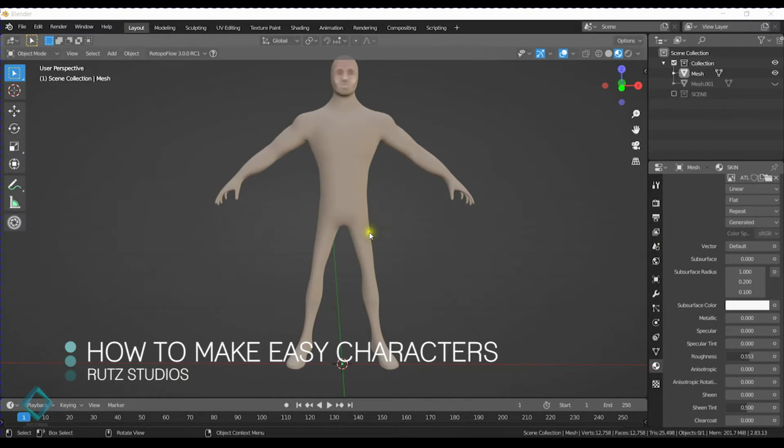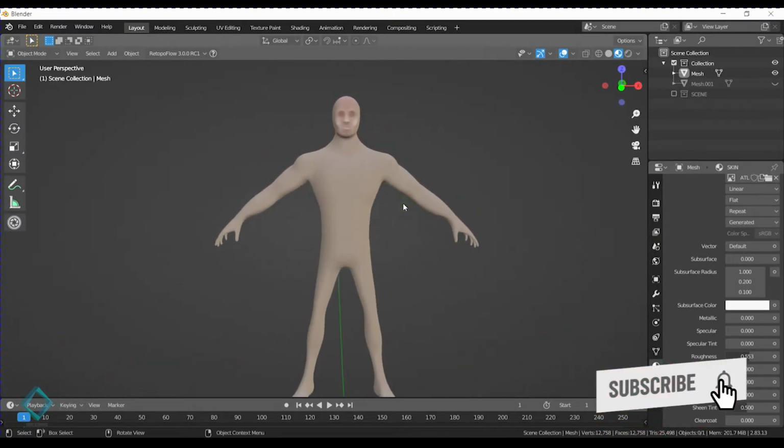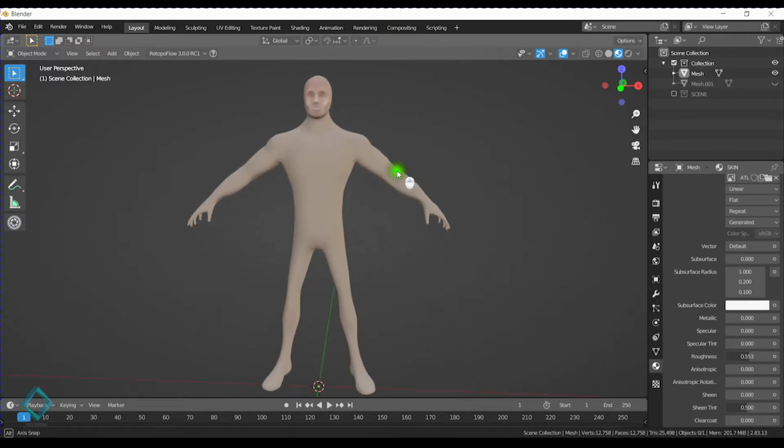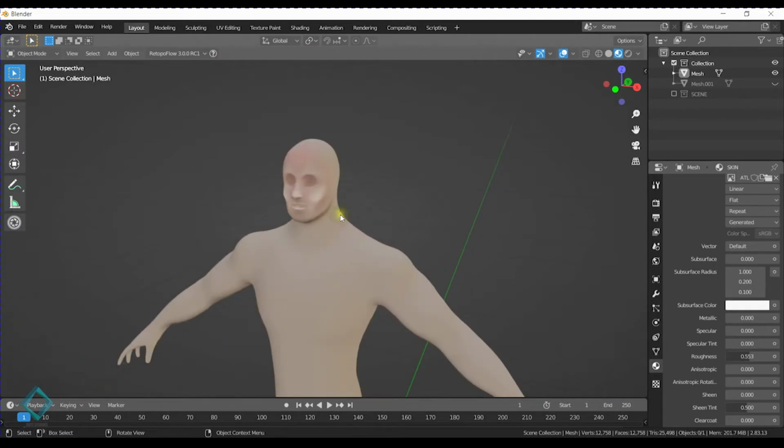Okay, so we have gone through a couple of steps already, grabbing a base mesh from the internet, going through the process of modifying it with sculpting, adding the rig, doing some texturing, and now what I want to show you is how to make some accessories for it, like clothing, hair, and that kind of stuff. So we're just going to do a piece of clothing and a strand of hair, just so you can see how